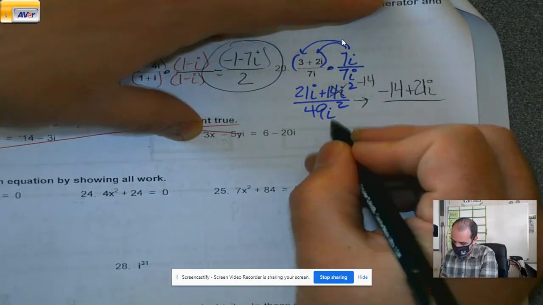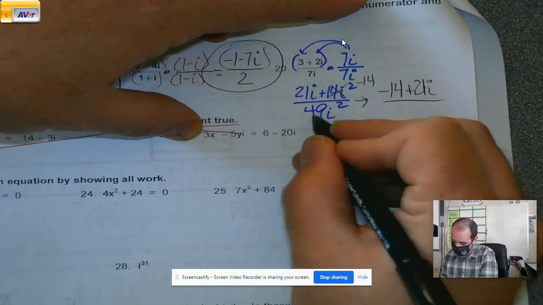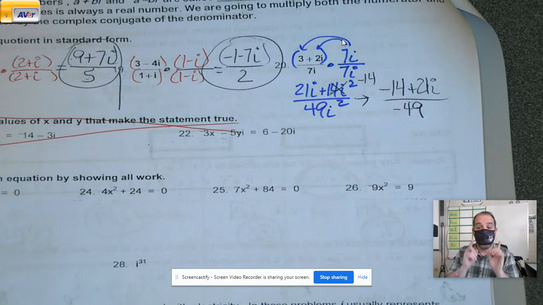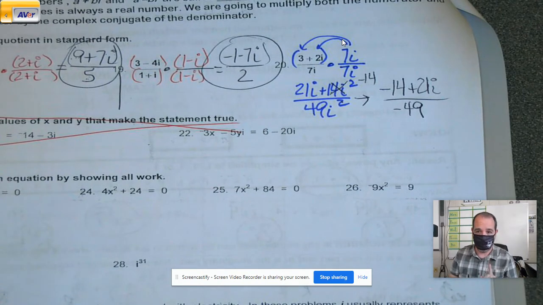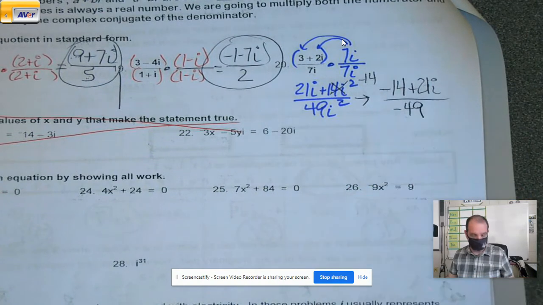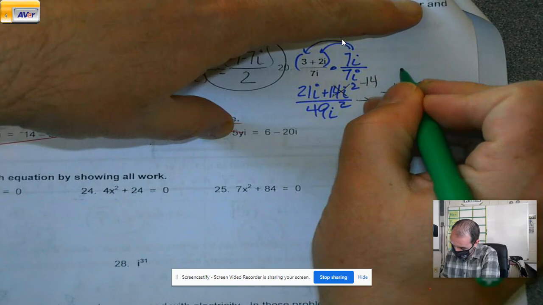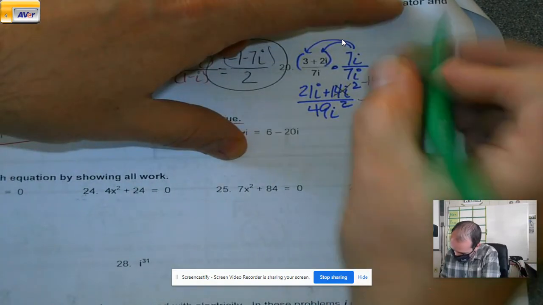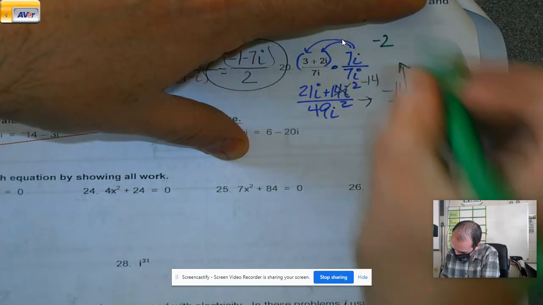Standard form. i squared is -1. 49 times -1 is -49. This is the situation I was talking about on the first one. Are these all divisible by something? Yes, they're all divisible by 7. So for my final answer, just like with any fraction, we simplify as far as we can. If we divide each of those by 7,